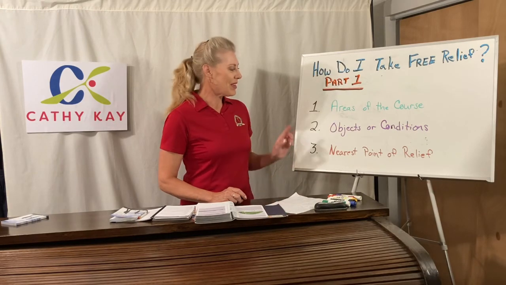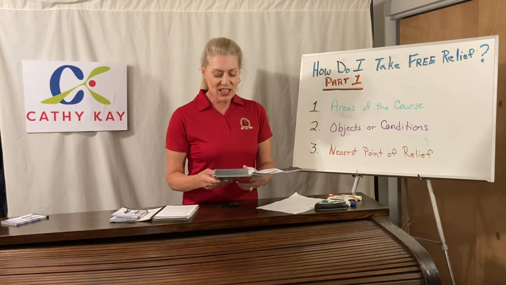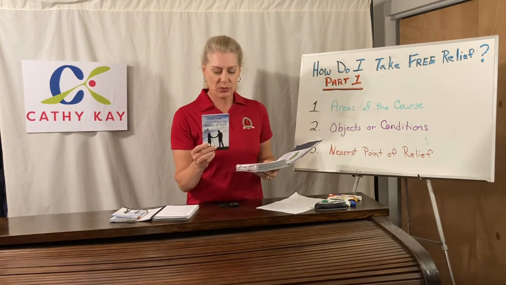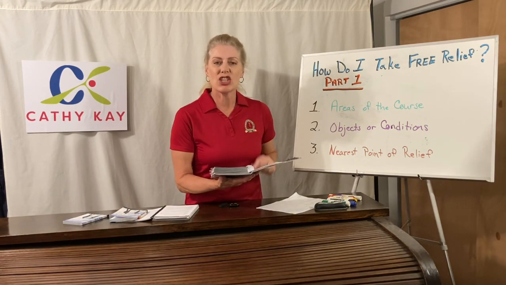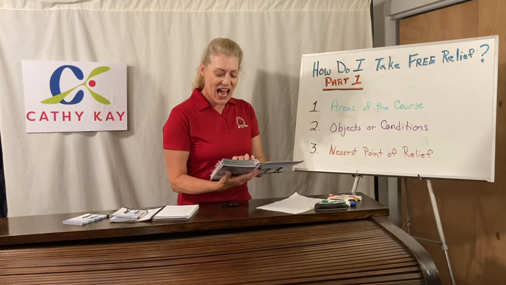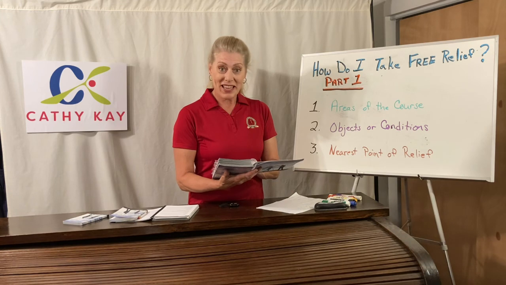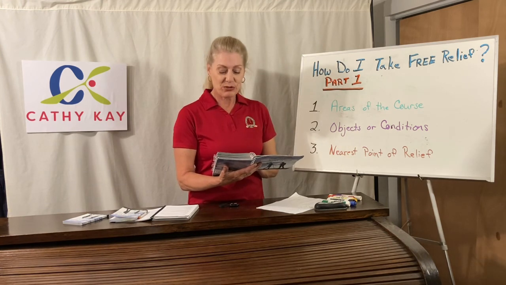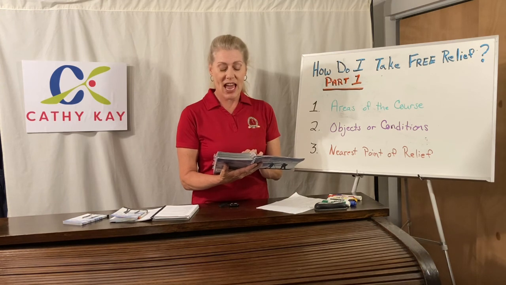Number 2, objects or conditions. So let's refer to the rule book here. You can find this in your handy dandy player's edition perhaps, the medium, or if you have the big one. It's rule 2.3. It's objects or conditions that can interfere with play. And here's what it says. Certain rules may give free relief, that is, relief with no penalty. Yay! From interference by certain defined objects or conditions such as,